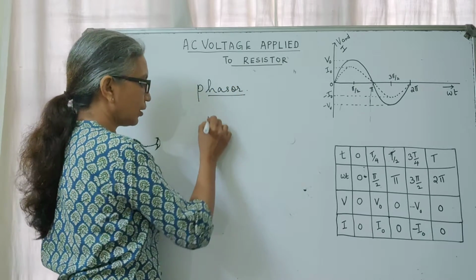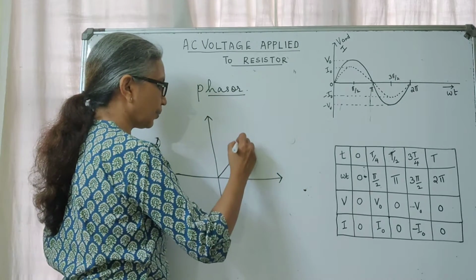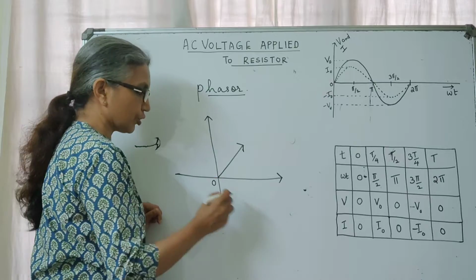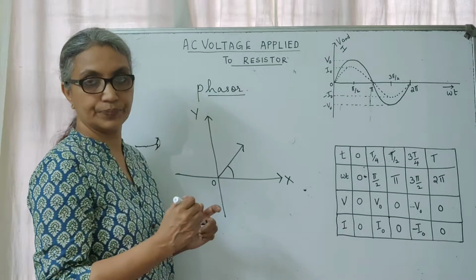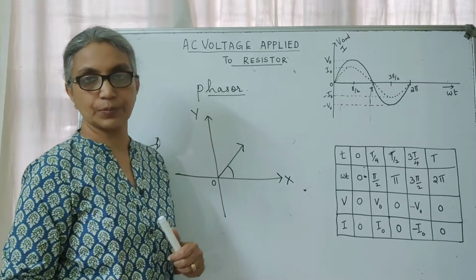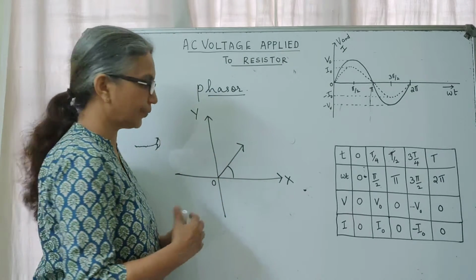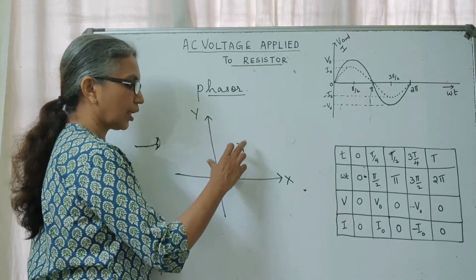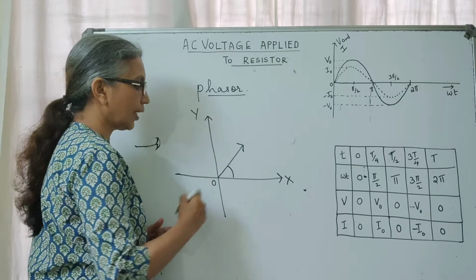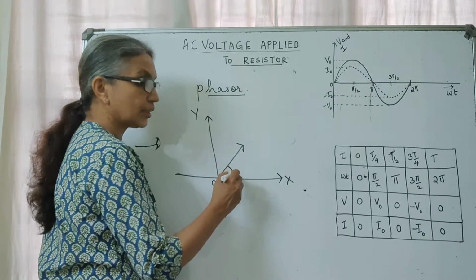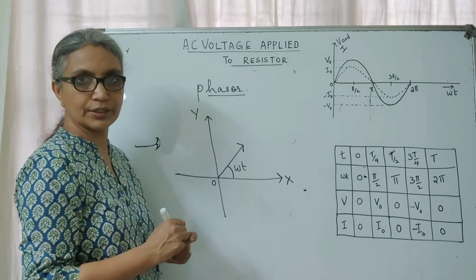A phasor is nothing but a vector that is capable of rotating about the origin in the xy plane with an angular speed of omega. As you know, a vector is represented by an arrow. The length of the vector will give you the magnitude of that vector, and any vector that is capable of rotating in the xy plane about an origin with an angular speed of omega, so that in any time t it would have covered an angle omega t, is what you call a phasor.